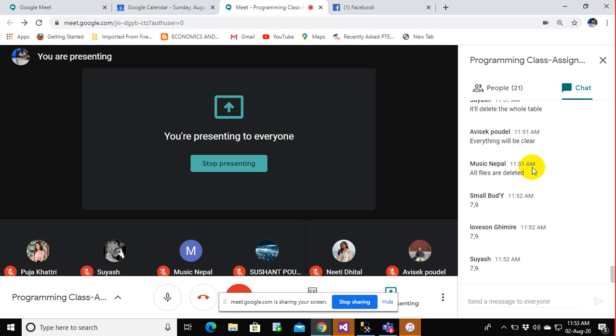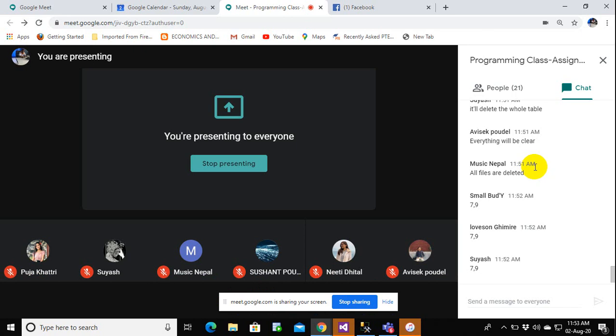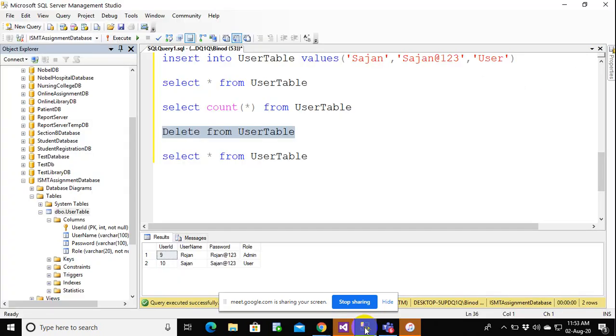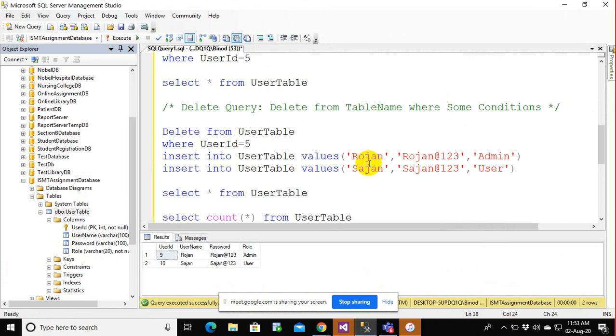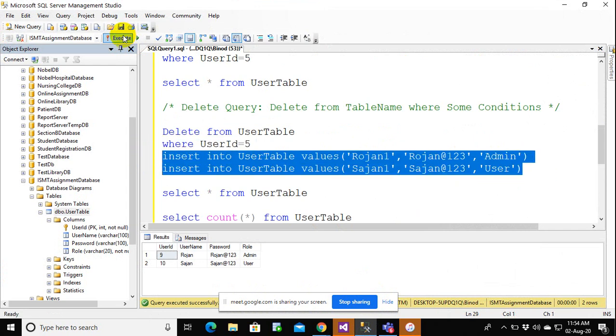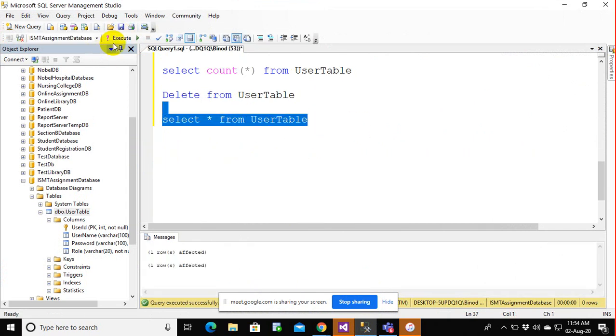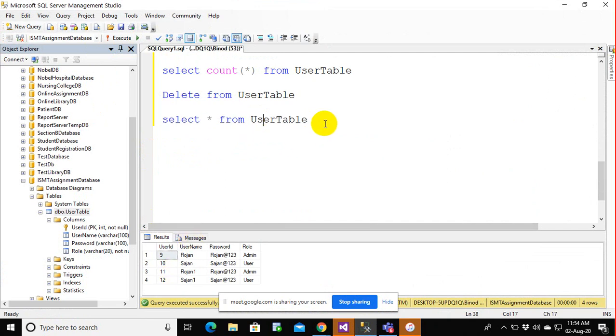There might be a case, for example, in our inventory system, at the end of the fiscal year, everything has to be cleared, and new items have to get a unique ID starting from 0. So how will that be possible? That's possible by using one more command, called truncate. So let us insert some more values here. So I have 9, 10, 11 and 12. Now let us use truncate.